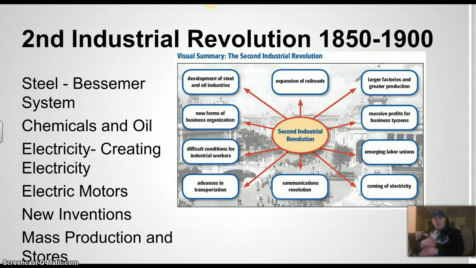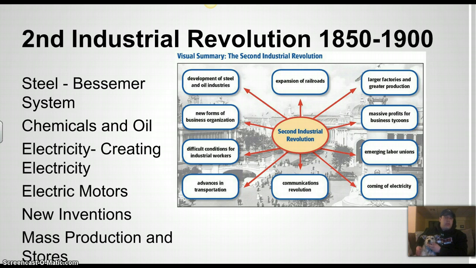Also, we start seeing chemicals being used for things. New chemicals, petroleum, especially oil, and kerosene used for lamps, all become a big part of the Second Industrial Revolution as well. Especially in Germany, we see chemicals start being used. Electricity is the other big thing. Yesterday we talked a lot about electricity, and obviously electricity's been around for a long, long time, but here we start actually harnessing it. Not only do we start making electric motors that can run machines, so you get rid of steam engines, but we also find ways to create electricity using power plants and generators. So that's another new thing we see happen there.